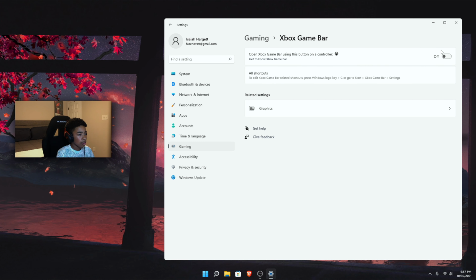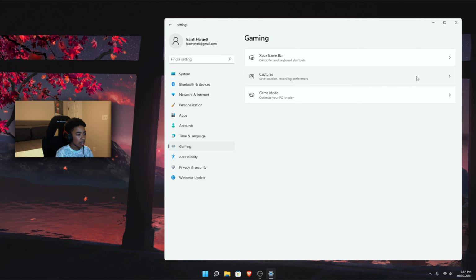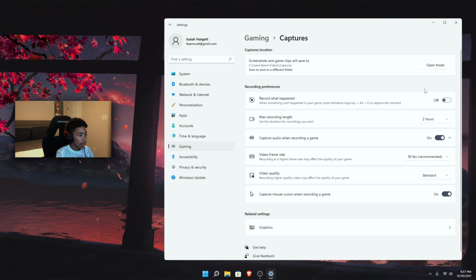And then once you click it off, Xbox Game Bar will turn off from recording in the background. And then when you're going to go back to gaming, you should go to captures as well. And here in captures,